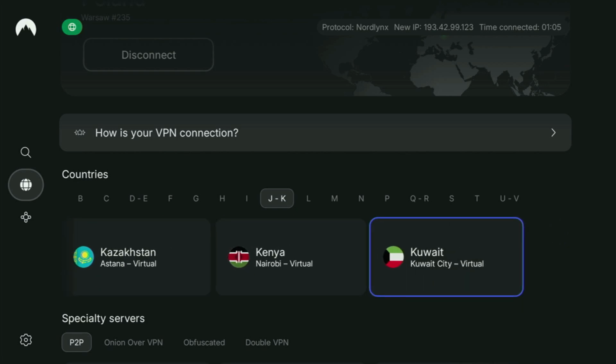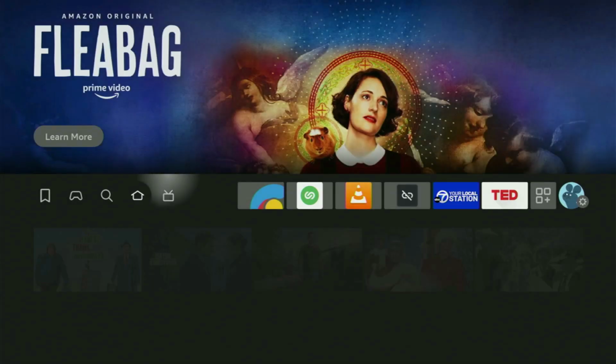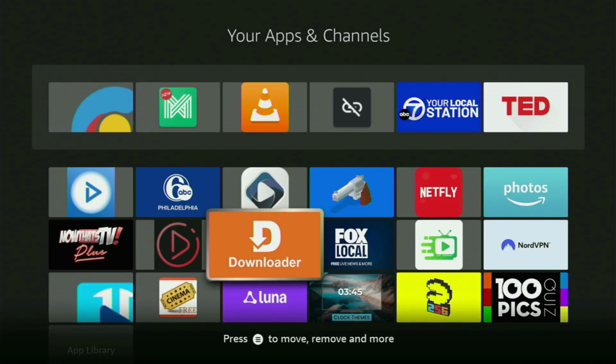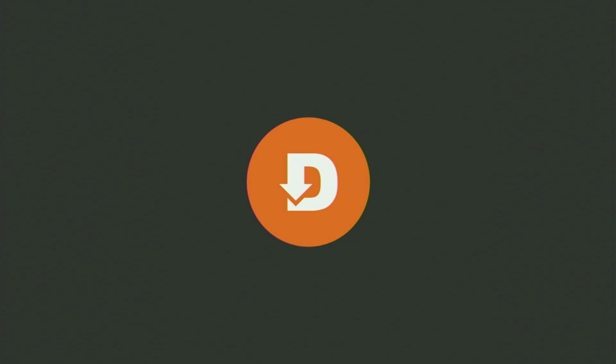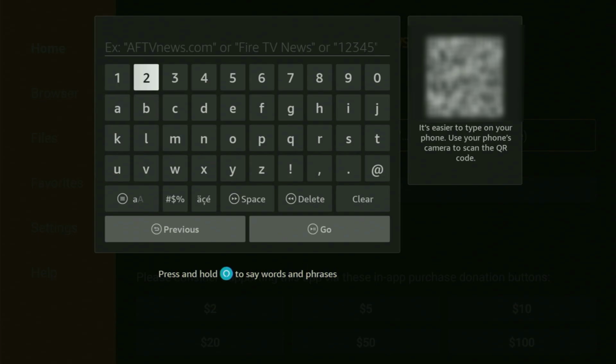And now finally, let's use Downloader safely. So just go back to the list of apps on your device, open it, then locate Downloader, and finally open it up. It's time to use it. Then just open the search bar, and in here, you'll have to enter the code, which is gonna be